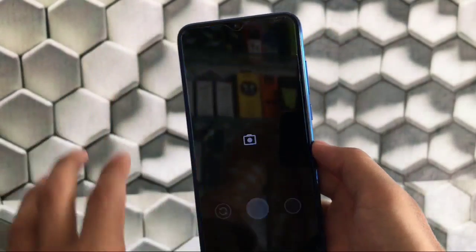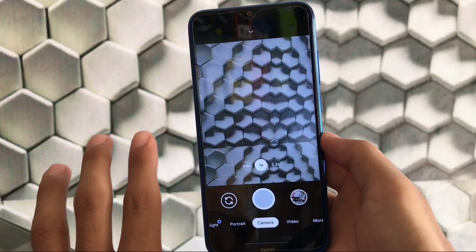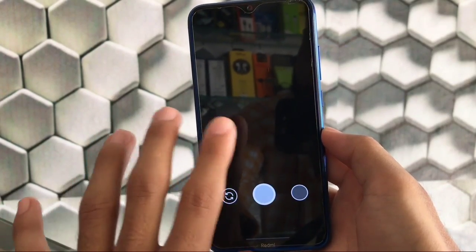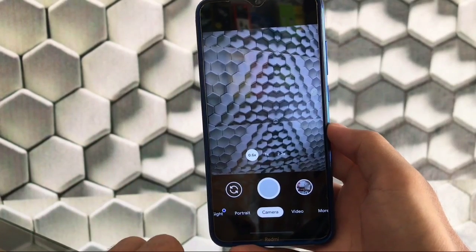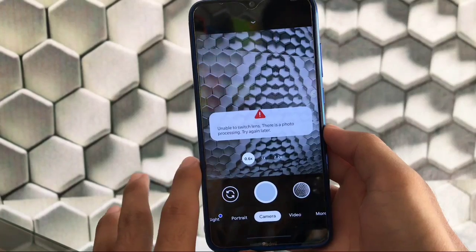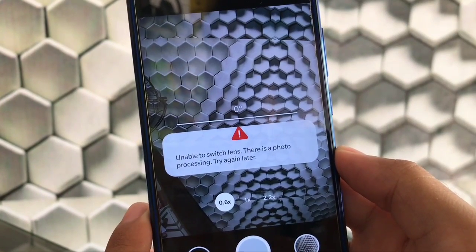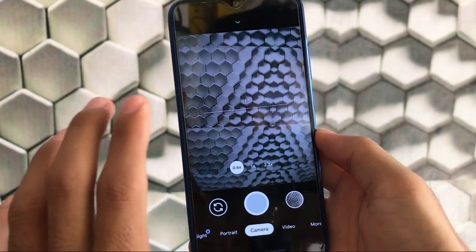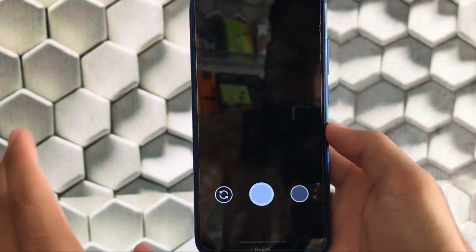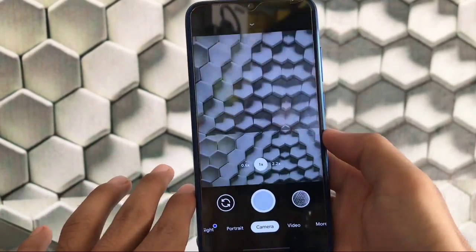Now just open this Gcam, and we have all the working modes. Ultra wide was not working in the previous build, but the ultra wide camera is fixed here, which is just perfectly fine. Here you can use this one. As you can see, photos are clicking perfectly without any issues. You can use the normal things, and as you can see, still a bug: unable to switch lens. There's a photo processing. Okay, so the photo is processing. It will take some time to load because it was processing HDR Plus. That's why we got this kind of notification, but otherwise it's just perfectly fine.